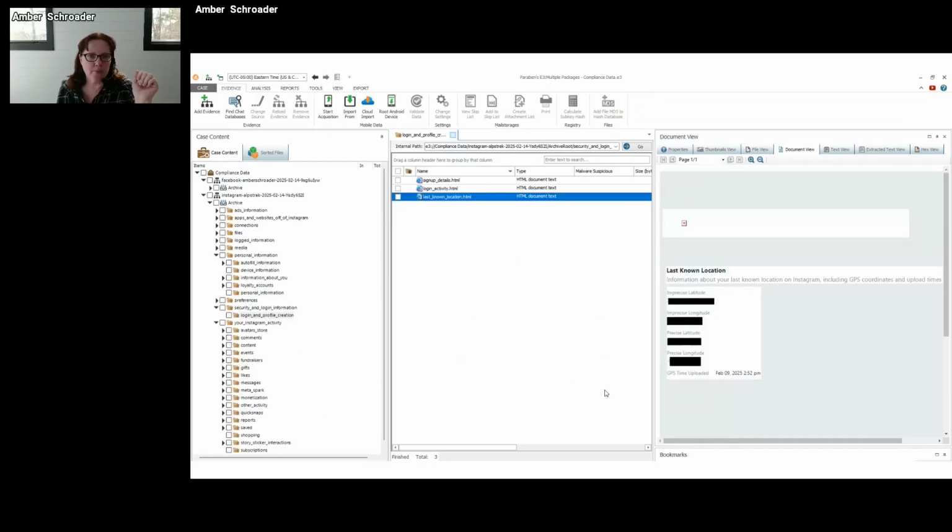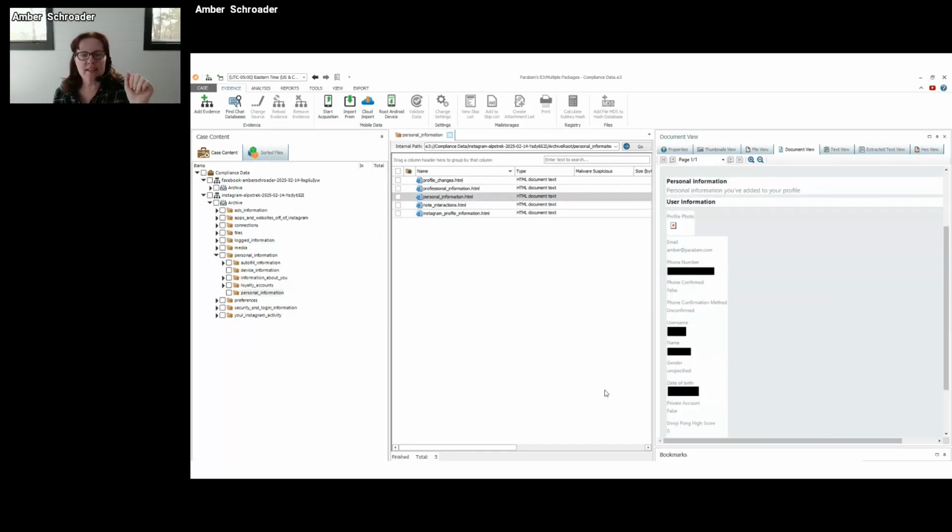Oh, I went too far. Hang on. Our last known location is associated with this. So this is associated with me accessing my Instagram at a specific location to do the mindless scroll or to do a post, whatever it may be. But this one is nice because it gives you actual GPS coordinates for it. So I can then map that. I told you how important that geolocation information is. And I do not get this when I process the app natively or from the cloud. This is data that is reserved within the app and it can't be pulled. And it does not matter if I change my acquisition process on this particular app. None of the acquisition processes affect this data that I'm seeing in the app.